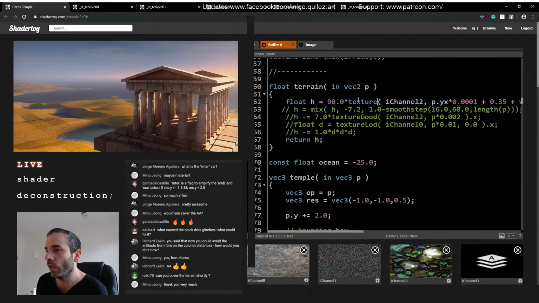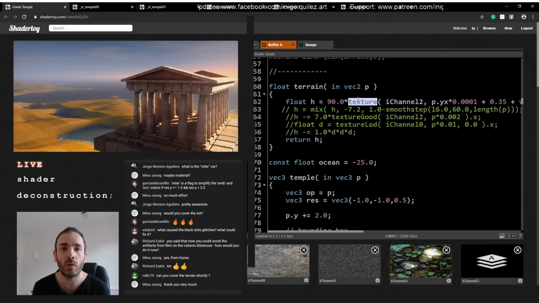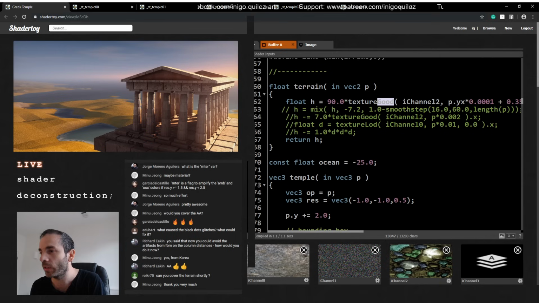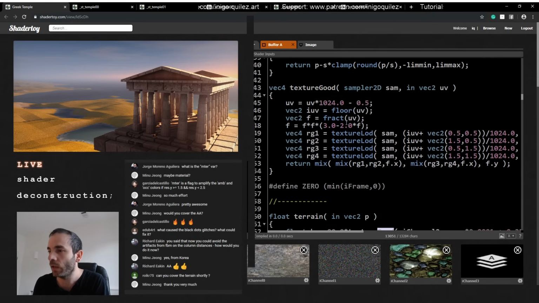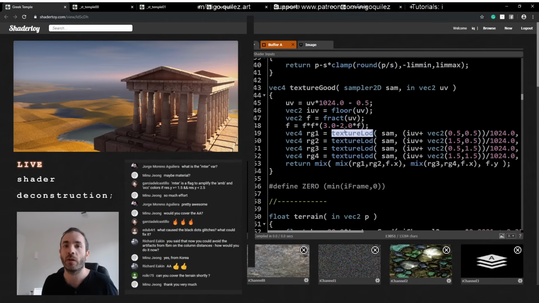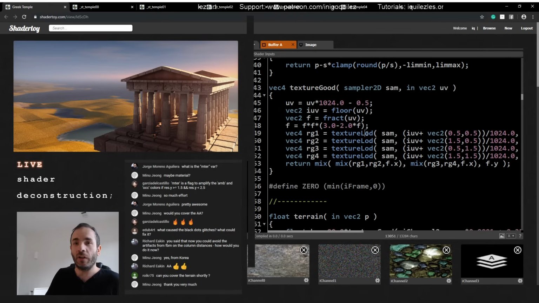And that's because the hardware is using bilinear filtering to sample the texture, which means the landscape you are generating is just made of bilinear patches. And there is a discontinuity between the texels. So I did write this other function, texture good, which I wrote, and it's up here. And it is smoothing out the bilinear nature. So it's not jumping to bicubic interpolation, still bilinear in that only 4 samples are taken, as you can see here. But I do disable texture filtering by